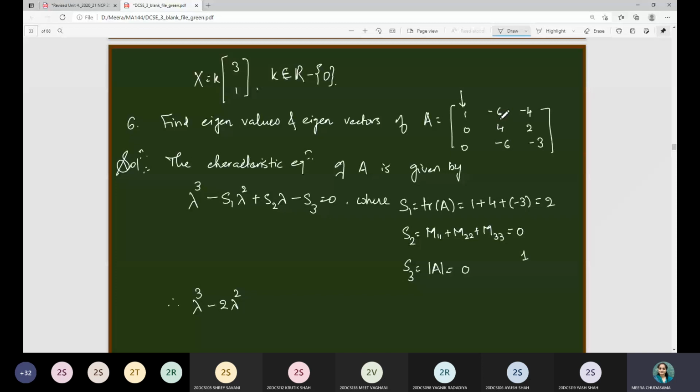Okay, M22. For those who did not understand, let me just show you that M11 is this one, so the rest of the submatrix will be -12 plus 12, so it is 0. Then when you consider M22, M22 is nothing but the submatrix, this one, so its determinant is -3 plus 0. So here minus 3, and when you consider M33, so the corresponding rows and columns are deleted, then you will have plus 4. So this is 1.